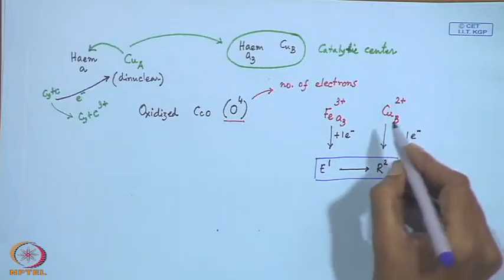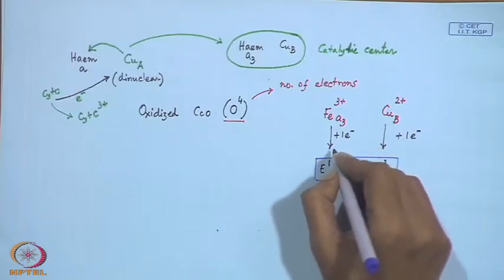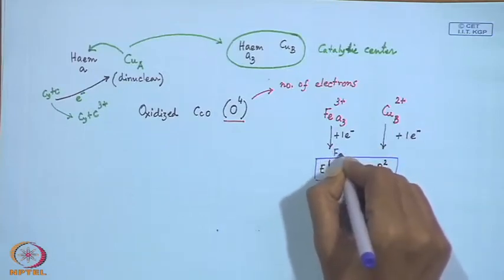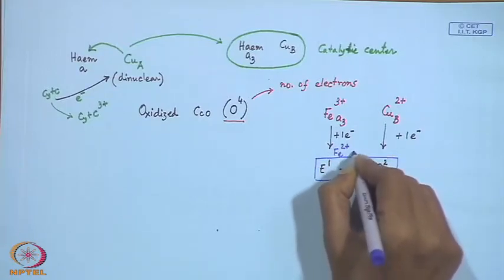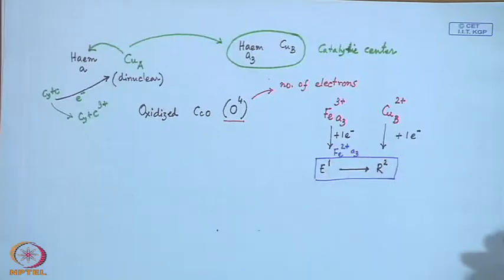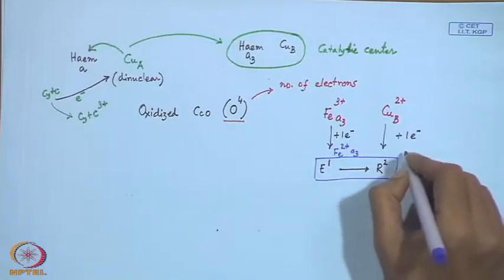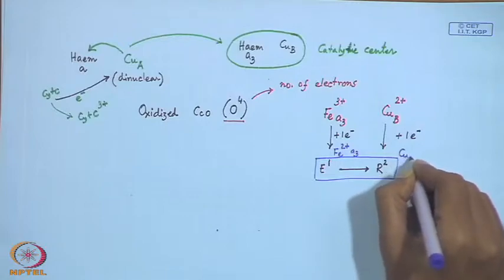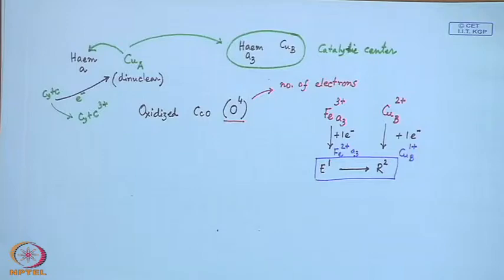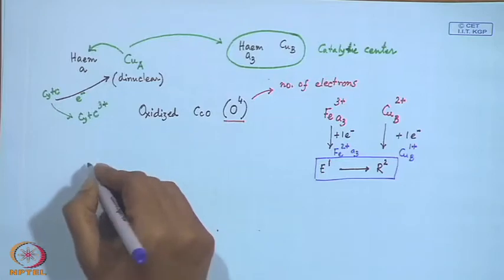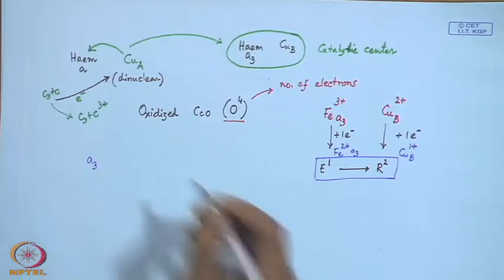But what actually happens there? In our case, we will see that this particular iron site will be converted to 2 plus. So, your A3 is converted to Fe2 plus and your copper B is converted to 1 plus. So, that is very important, because if we see that these two are close to each other, that means you have the A3